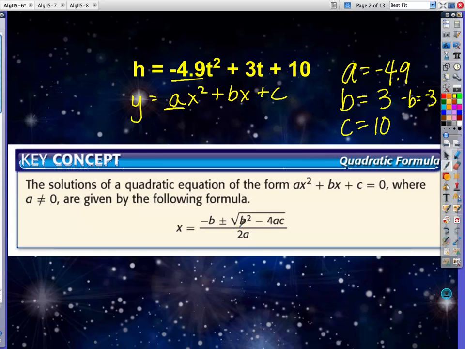Please note also in here we have b squared. Anytime you square a number, whether it's positive or negative, it will always come out positive. So the first number under the radical should be positive, and I still have issues with that because you type into your calculator, you don't type parentheses, and then it follows the order of operations, but it's not what you intended with the way you type it in. All right, let's